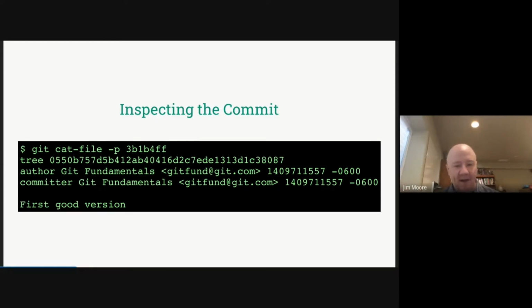And Linus, being a Unix guy, did exactly that. All of these files, everything that's stored on the file system, is just plain text, especially for its metadata. And this is exactly what the commit looks like.